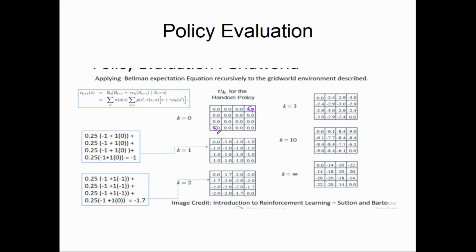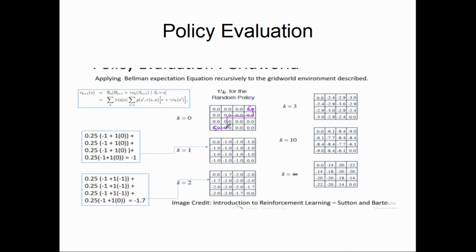In this 4x4 grid, we never know what pathway to take from this end to the other end. As I told you, the optimal policy is the right pathway, the pathway which will give us the maximum state value. That pathway involves states. For example, if I take a particular pathway, it goes this way.